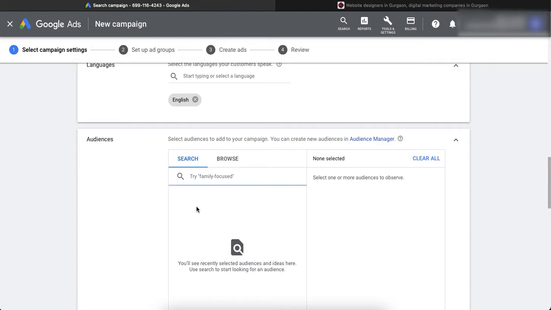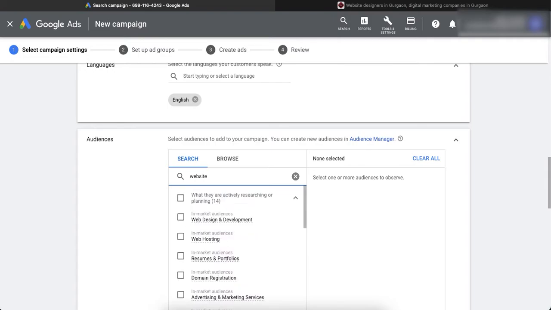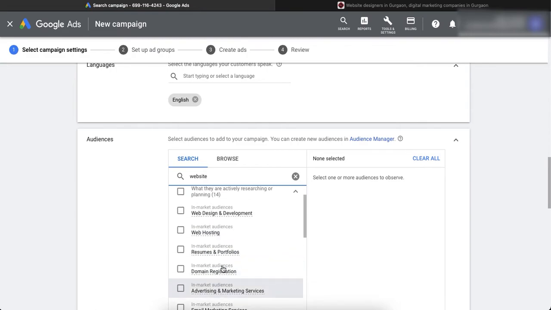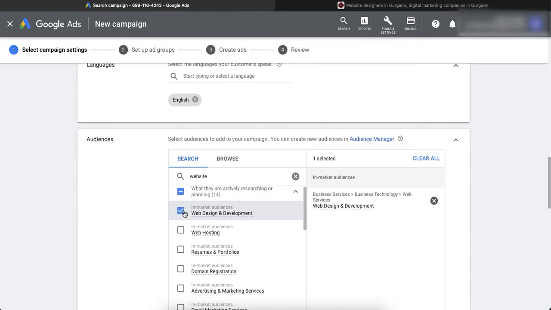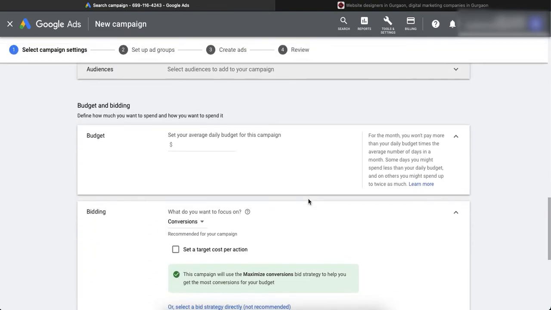So if we put people related to web design, so let's say website, and then we can choose web design and development. So audiences, the target market who are interested in web design and development, will be the ones who will see our ad. So for now, we just clear all, and then we come to budget.